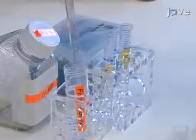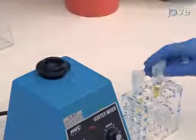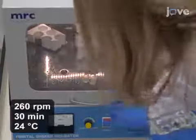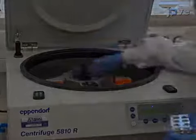Then add 4 milliliters of fixation buffer and gently vortex the tube. Incubate the samples in an orbital shaker. Resuspend the pellet in order to minimize cell-to-cell aggregation, which may interfere with cell imaging. After incubation,